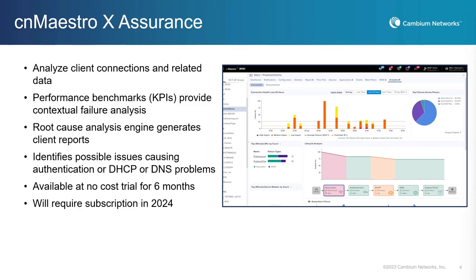A root cause analysis engine in X Assurance captures vital information about client connections, whether they are successful or not. It generates client reports containing various details like latencies, IP addresses, usernames, and more. For failures, it identifies possible reasons such as authentication issues or DHCP or DNS problems, making it easier to troubleshoot